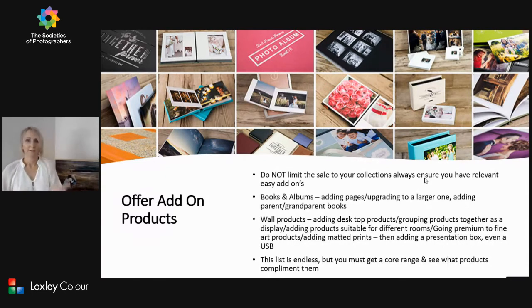So, and even adding USBs as well, sort of to add on at the end to keep going. So you can keep building up, and all of a sudden that £500 average has turned into a £1,500 sale easily, just by giving them a few ideas and having relevant products, because there's no point trying to sell them if they've bought a display of,